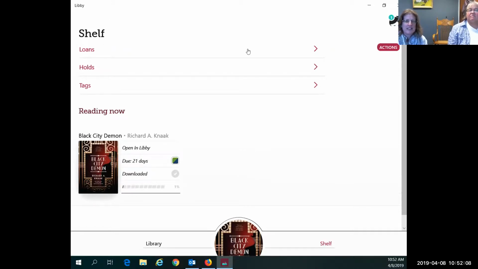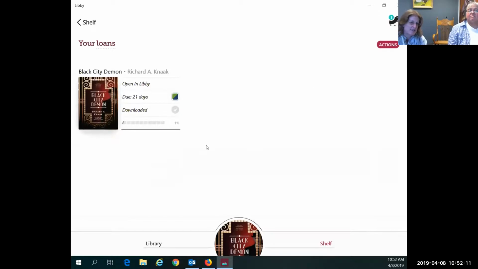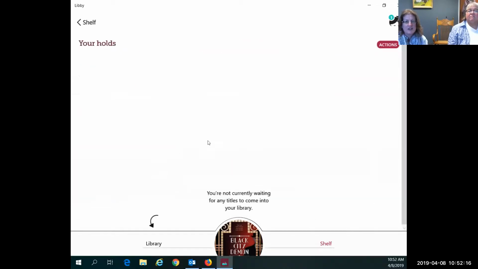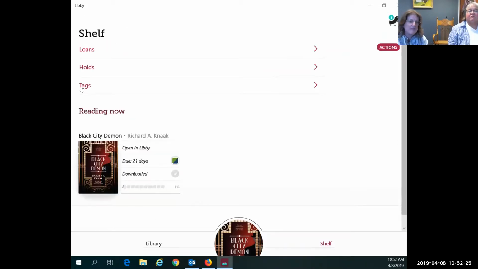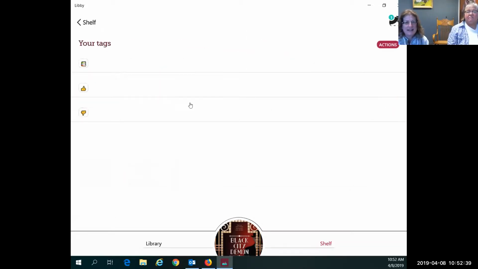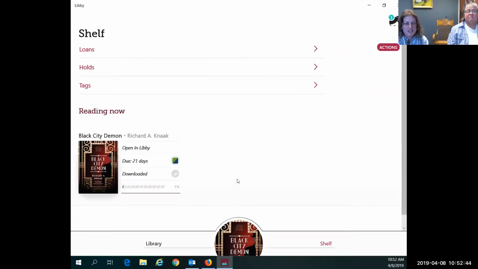And so up here you can just see the list of titles you have checked out. So we've got 1 checked out. You've got a list of hold items. We don't have any holds placed at this time. And then if you have been using OverDrive for a while, you may want to develop some tags and tag books, like to be read in the future, that sort of thing. So again, we haven't really started with that yet here. We just logged into this account for the first time, so we don't have anything